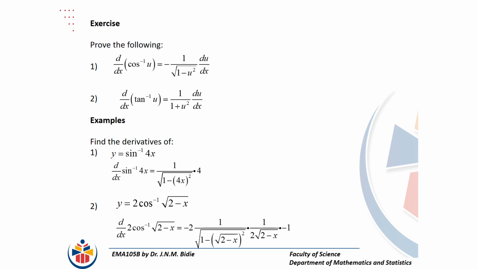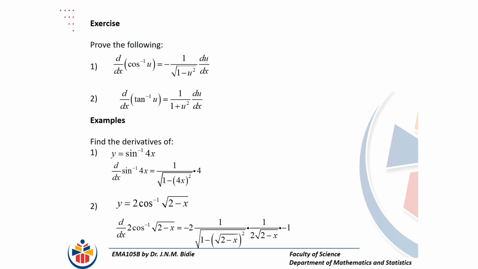Let's go to the second example. Given that y is equal to 2 times arc cos of the square root of 2 minus x. Now note that u is the square root of 2 minus x. Trying to find this derivative, note that we take 2 out because it's not going to affect us, and remember that the derivative of arc cos is negative of 1 over the square root of 1 minus u squared multiplied by du over dx. Hence we have negative 2 there,